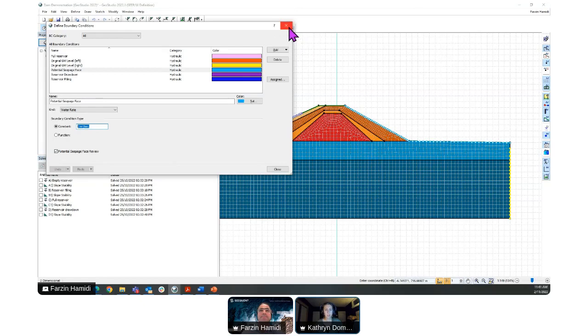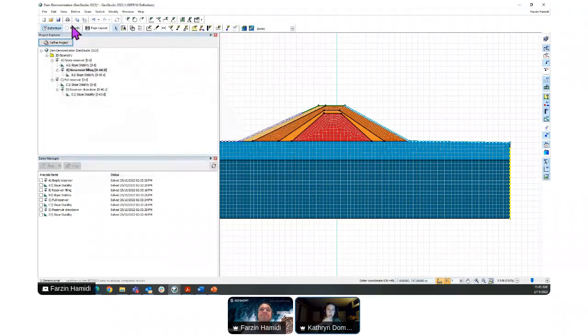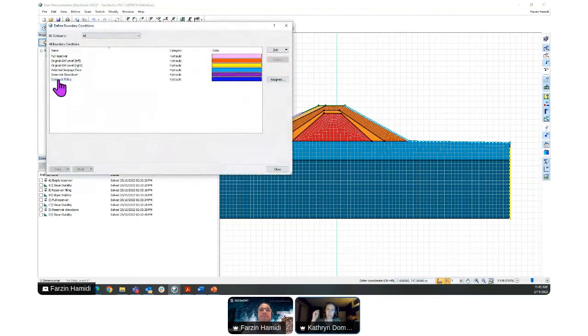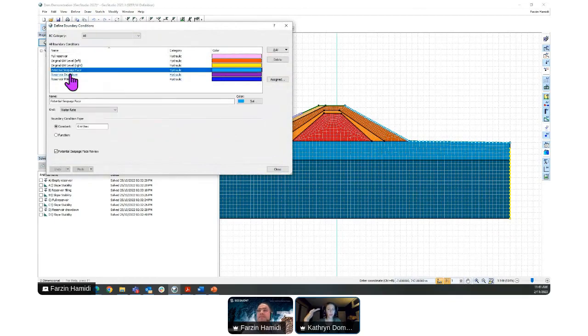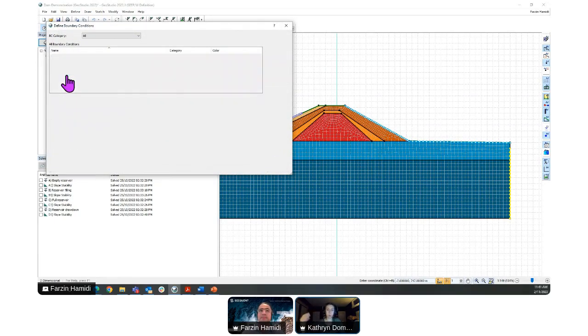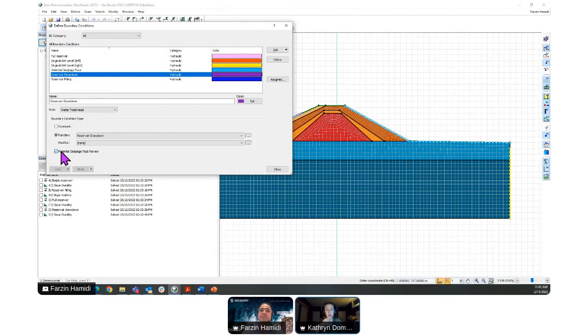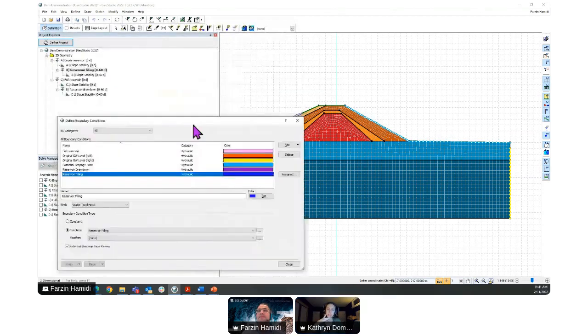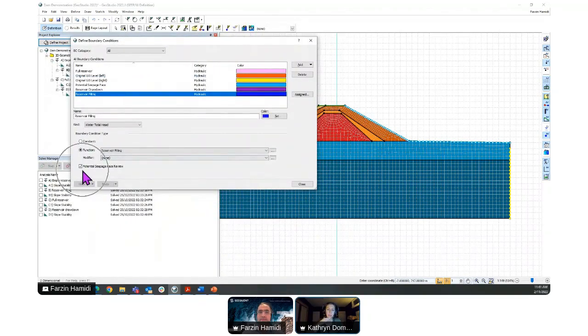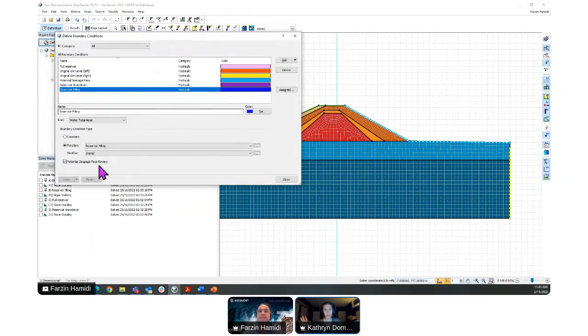Yeah, it's also good when you set up a boundary function along the upstream face of the dam. If you have changing reservoir levels, always remember to check that potential seepage face review boundary condition, because if you have the water drop on that dam face, you want water to be able to escape and seep out of the nodes that are above the water level. So it's always good, if you have a boundary function with a water level going up and down, to check off that potential seepage face review so that the SEEP solver will automatically figure out if there is any seepage coming out of those nodes. So you use it for a potential seepage face, but you can also use it for those boundary functions that you're applying to represent the reservoir.